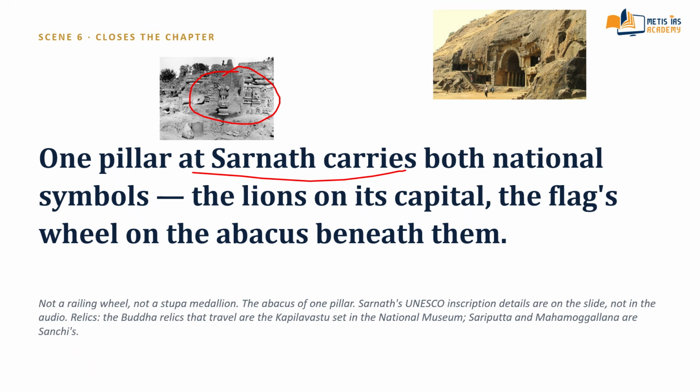So one pillar at Sarnath carries both. The lions on the emblem stood on its capital. The wheel on the flag was carved on the abacus they stood on. We did not choose national symbols and find